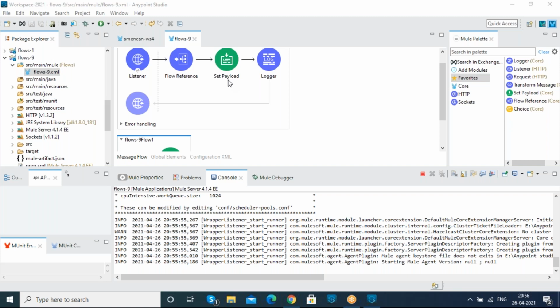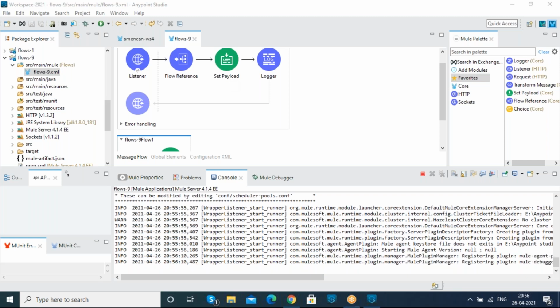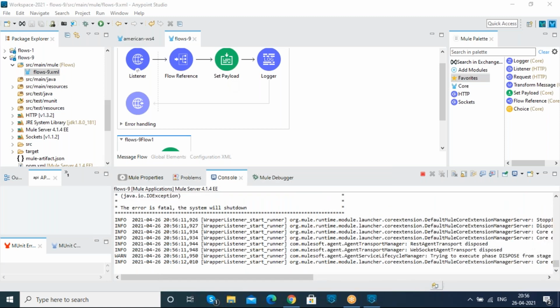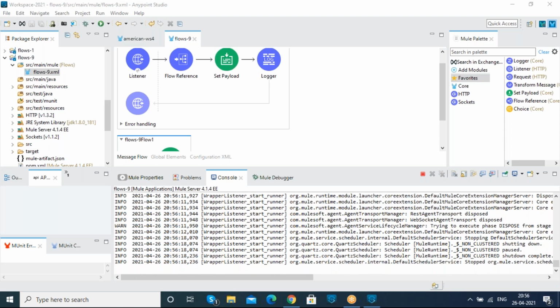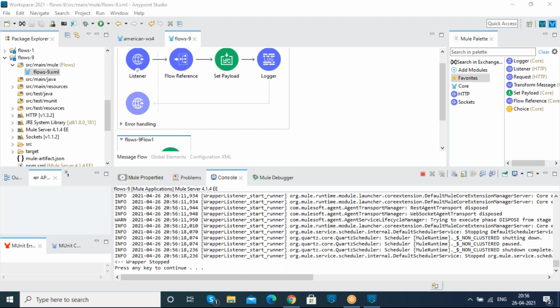Mahesh, in this case, for example, if I want to call one web service multiple times, can I define that web service in the flow, in a subflow or private flow? Am I audible? Yes, just a moment. Can you repeat what you said?